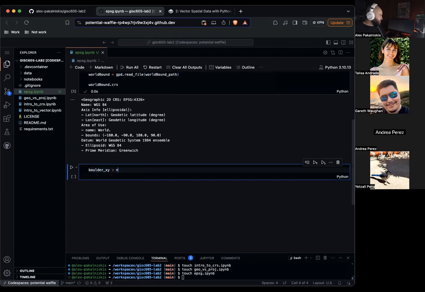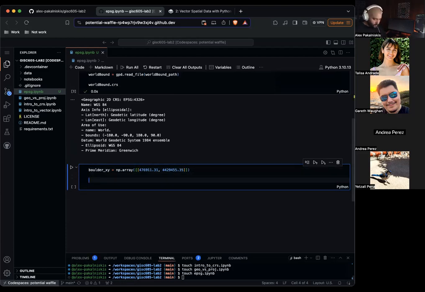boulder_xy equals np.array 476911.31 and then 4429455.35. boulder_xy_point equals Point(xy) for xy in boulder_xy.